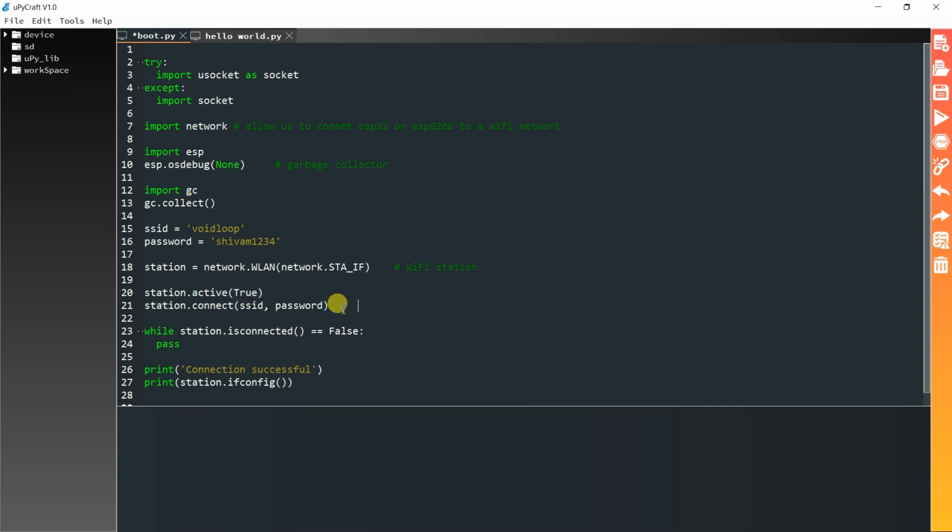This line will connect our board to our router by using the SSID and password.